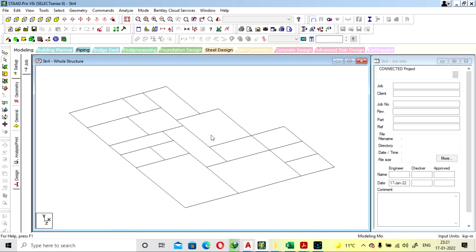Now what you have to do, just go to node point and select the nodes where you have to make the column. So here, here, and here. Now here one more column, one column is here and here. You have to check with the AutoCAD drawing where you have to provide the columns.